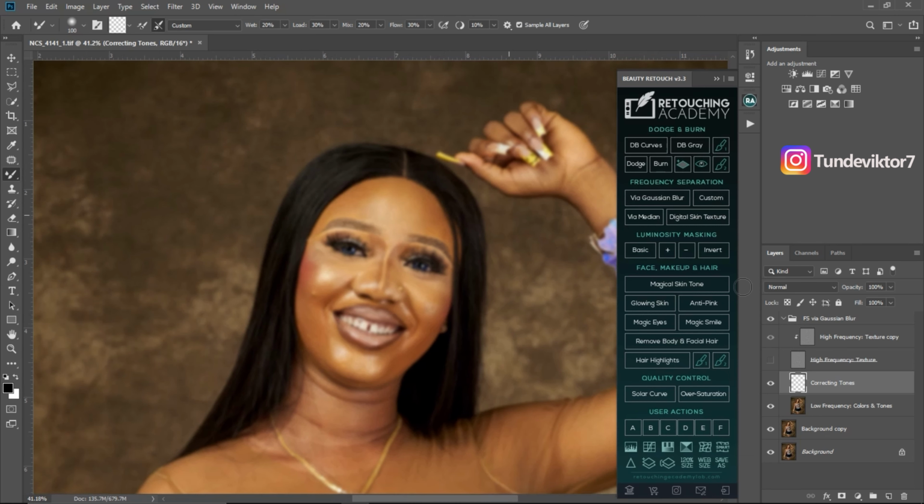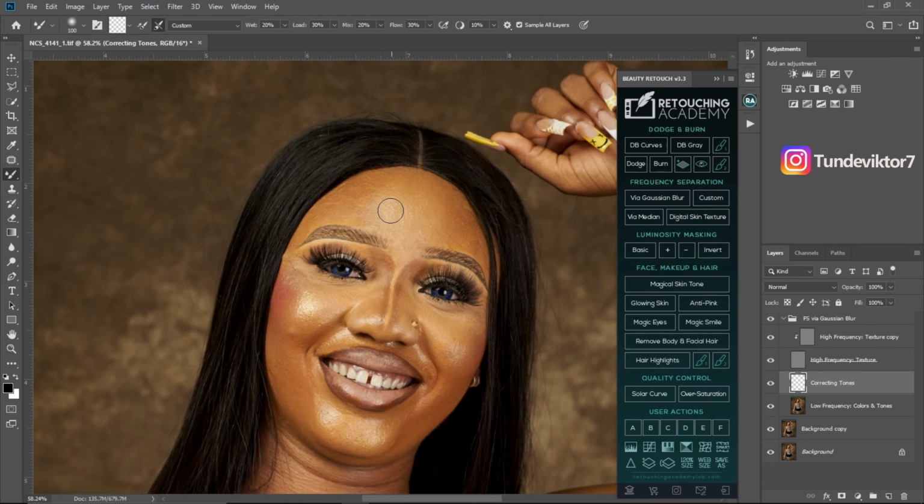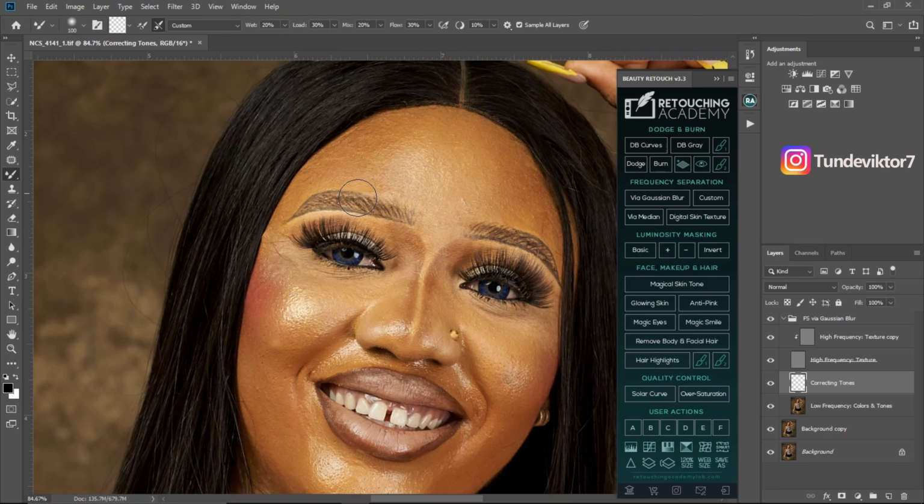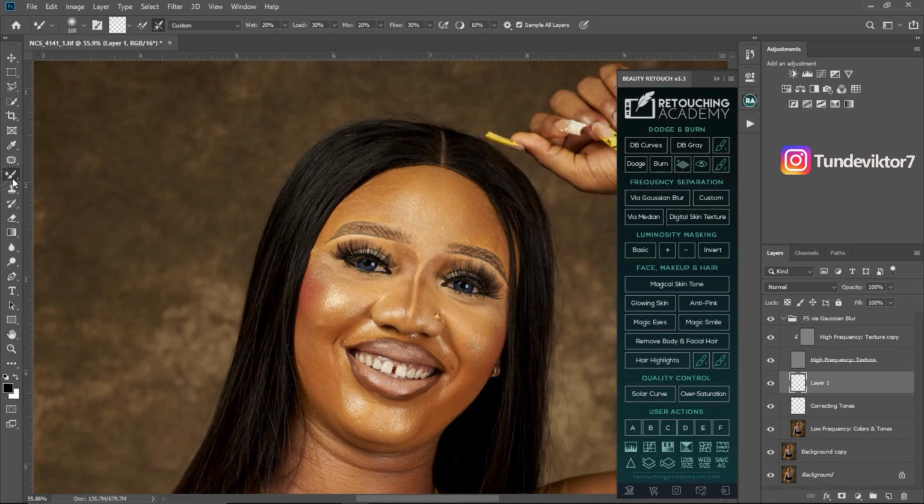And to brush, make sure you brush your highlight separately and your shadow separately. Just brush according to the shape of the model's skin. Let me just show you. For this image, I'm going to be brushing like this. I'll brush here separately like this. I'll brush here separately